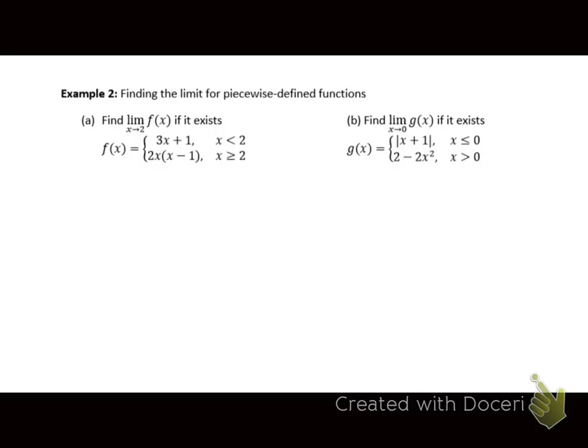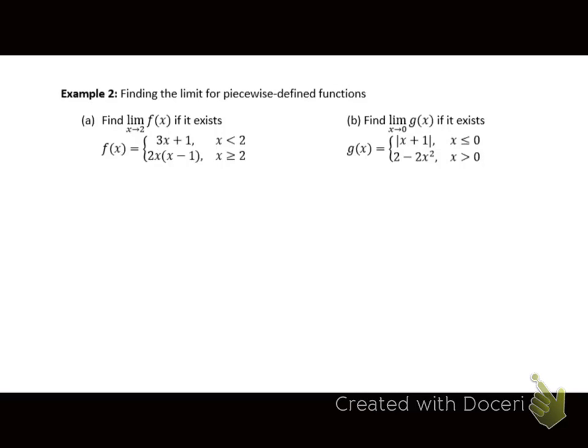If we don't get a graph, if we just get an equation, the thing we really need to focus on most of the time ends up being where it switches from one equation to another based on the domain that's given. Now, before we do anything, we need to read the problem. The best way to get a problem wrong is to not read the problem, and we'd like to get problems right if possible. So, if you look at part A, it says find the limit as x approaches 2,